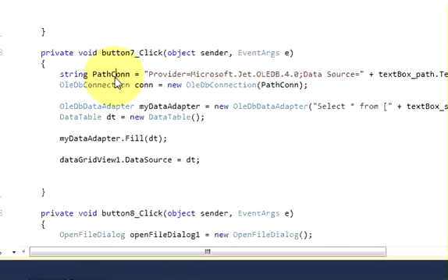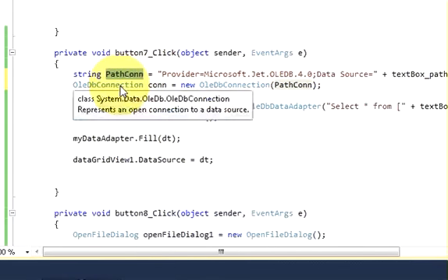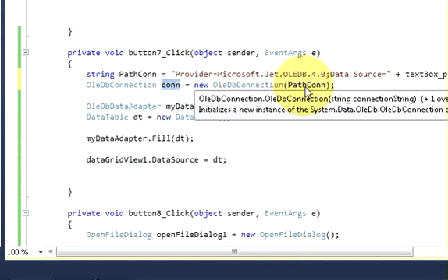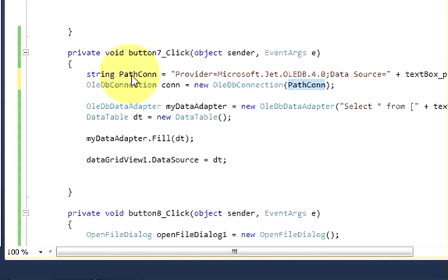Now in the second line write OLEDB connection con is equal to new OLEDB connection, and here pass this string variable. Okay,